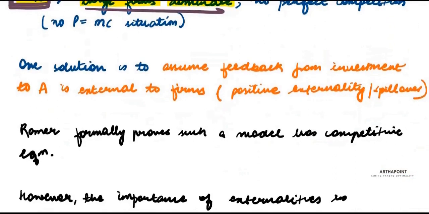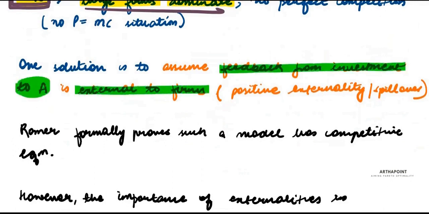So one solution to this is to assume, and this is important, that the feedback from investment to A is external to the firm. What does this mean? This means that